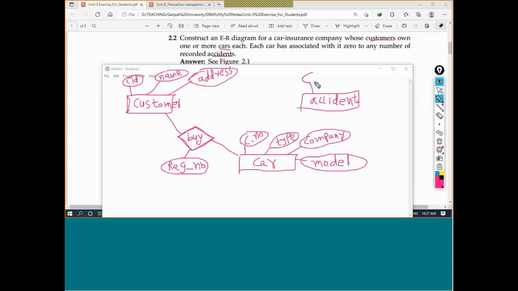Accident: actually, we will not say accident number, we will say report number, whenever the accident is reported. So I will say accident reported, that is the report number. Accident date, time, location are also important.